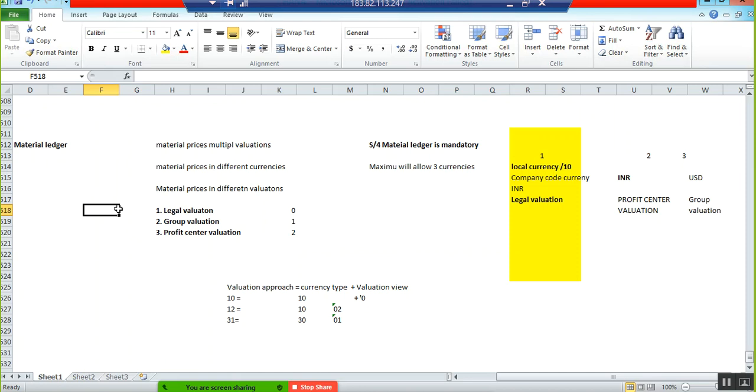As of now, if you have any doubts, you can ask. Hi, sir. This is Anil. I have a small doubt, sir. First, we have maintained all the currencies in the material ledger. So later, if you want to change anything in future, can we change those currencies and valuation profile? If the documents were not posted, if it is that case,